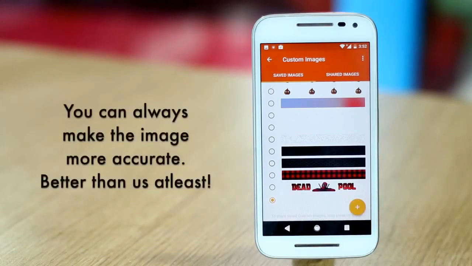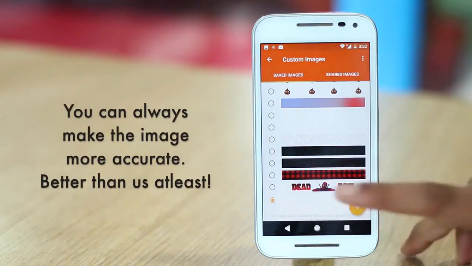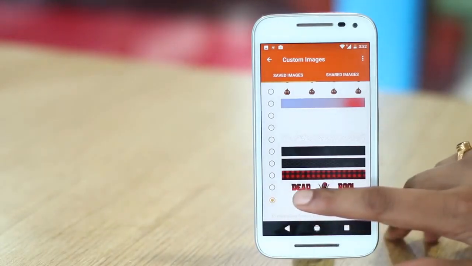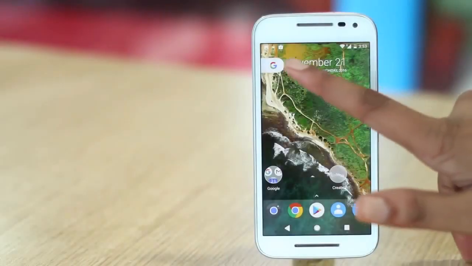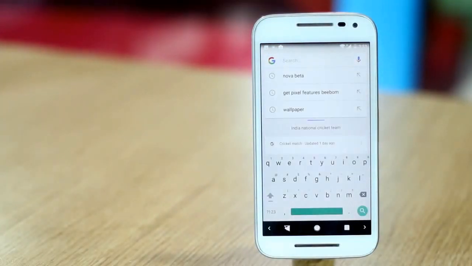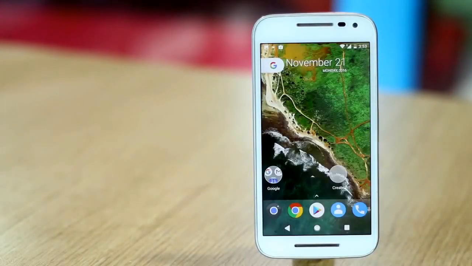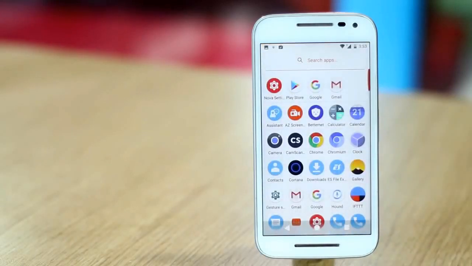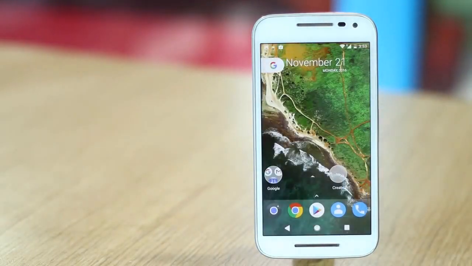While it obviously does not animate, it's the best you can get on a non-rooted device. It's also not a great solution considering the navigation bar tends to change when you open up a keyboard or something. But if you're really interested, we are including links to the transparent Pixel style navigation bar for 720p and 1080p displays, so you won't have to create them.